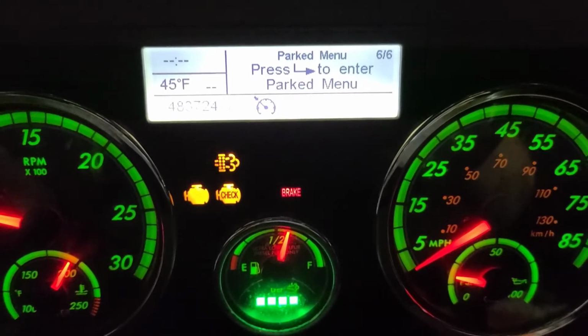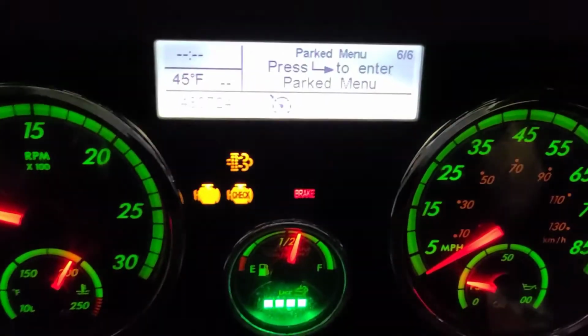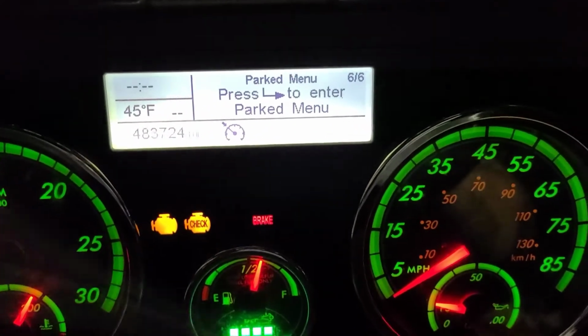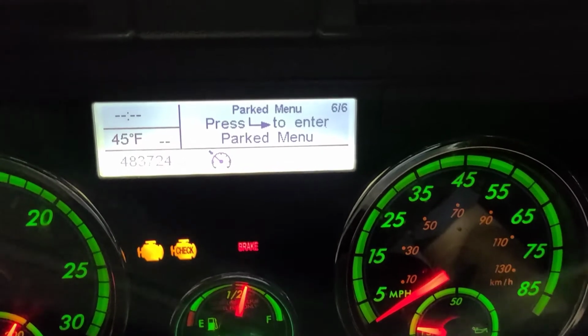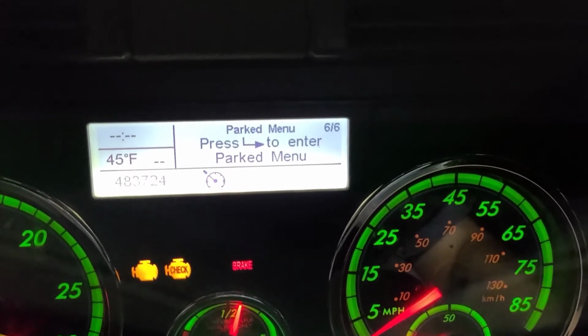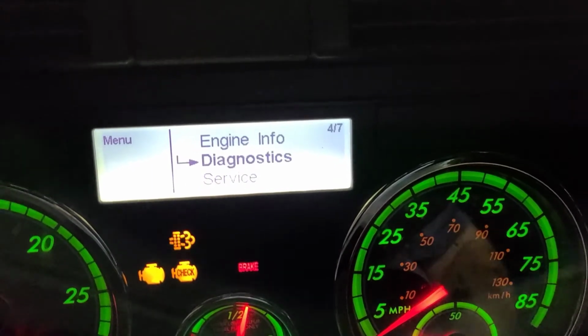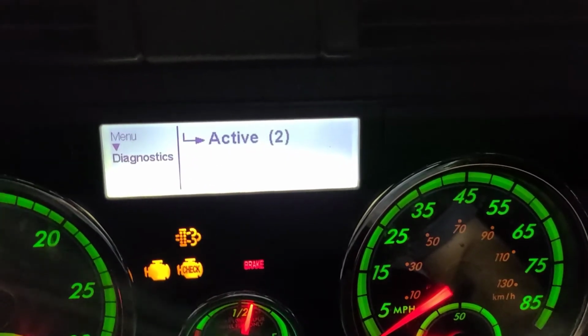So, we are at the Petro in Amarillo tonight, out back. They're going to come out and do what's called a forced regen on it. And it's actually brought up 2 codes. Let me see if I can see the code. So you hit the button, and then you scroll down to diagnostics, and then you hit that active 2